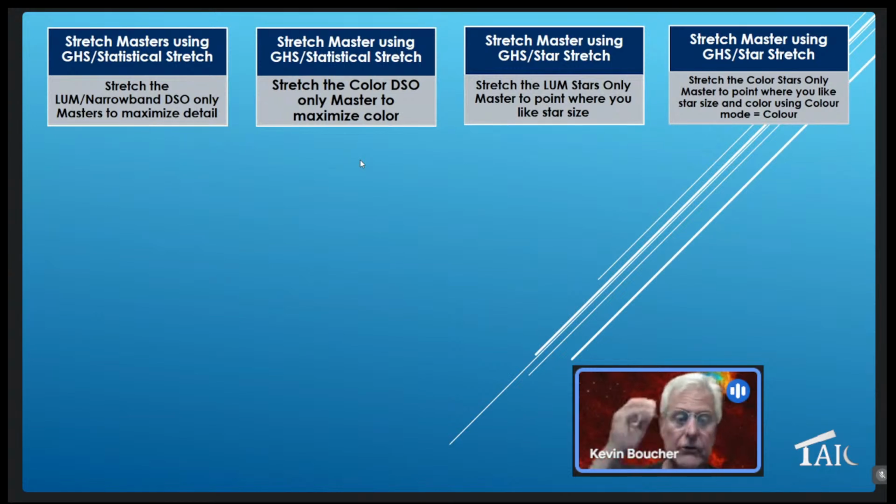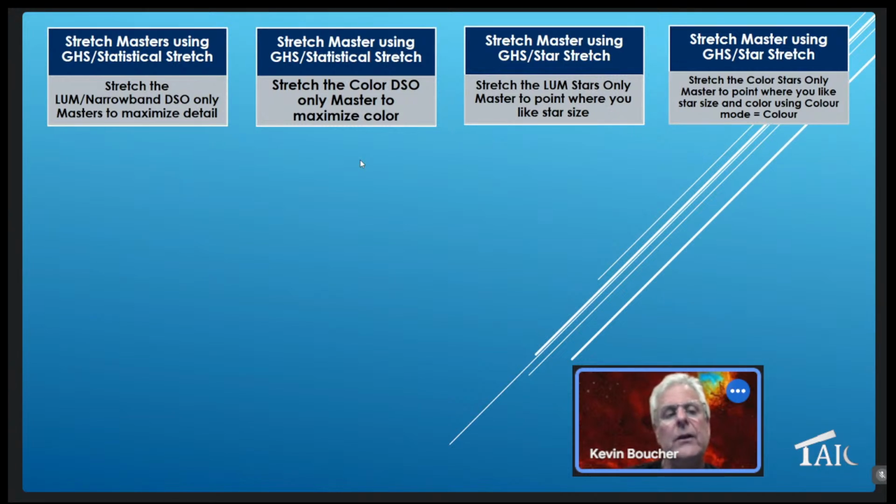So here's where obviously some of you are probably going to say, is he crazy? He's actually doing all this separate stretching. Honestly, I find it doesn't take long to do it all, and it gets me far better results. All my stretching is very different depending on the type of image, and it's all covered here. I like to use GHS once again, but I'll give a call out to statistical stretch. I find it a very simple one-stop shop tool that actually works half decent, but I think I get better